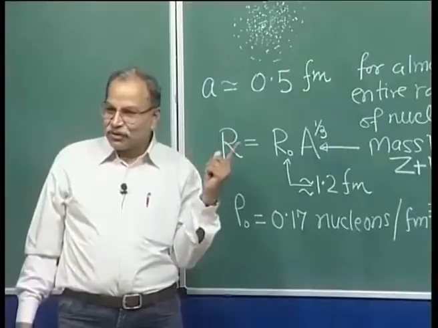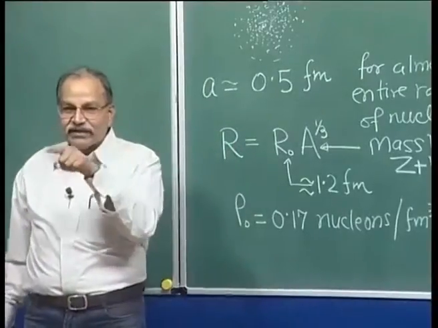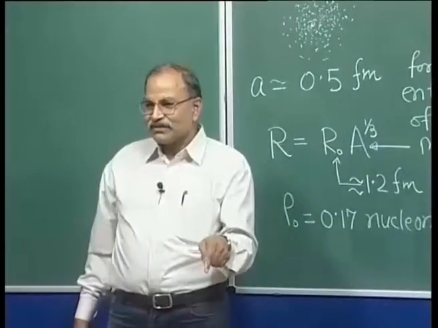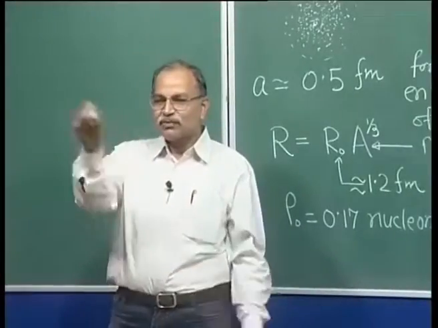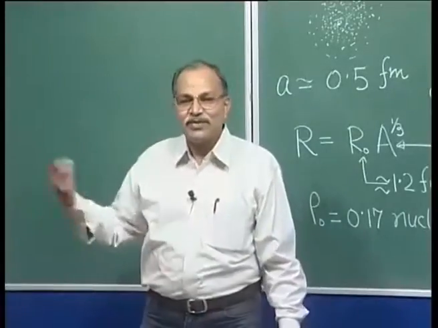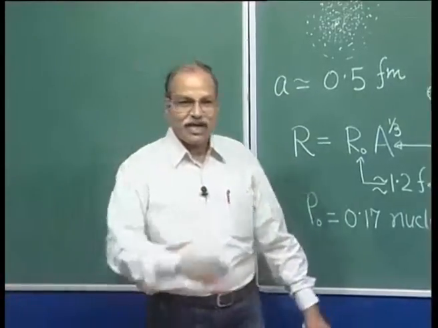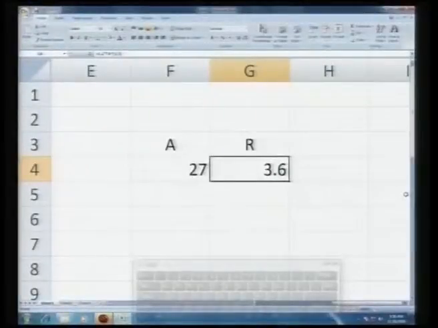So, I am going to the computer, and I will use Excel, a calculation sheet. You will have some sheet where you put numbers and formulae, and quickly you get all those calculations. So, let me do that. You can see in the Excel sheet there is a value 27 below capital A, and below that capital R is 3.6. I have already put a formula there, and what it is doing is taking the value in the cell below capital A as the mass number and calculating 1.2 times that mass number to the power 1 by 3.